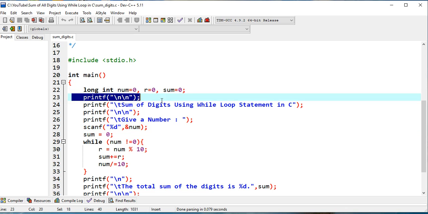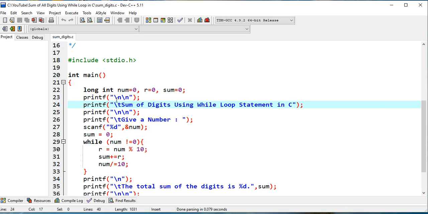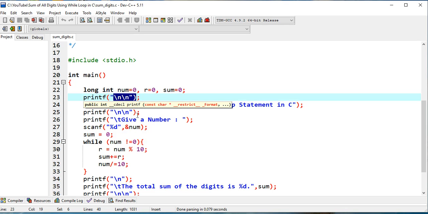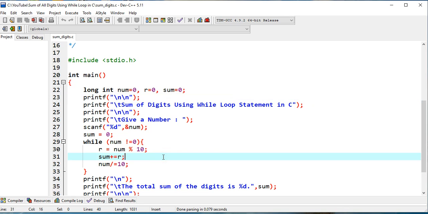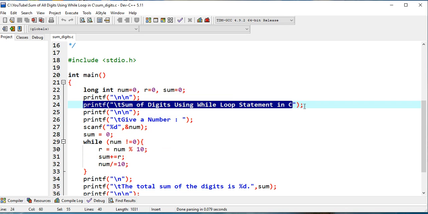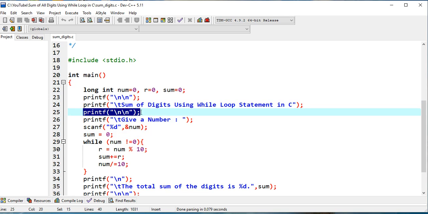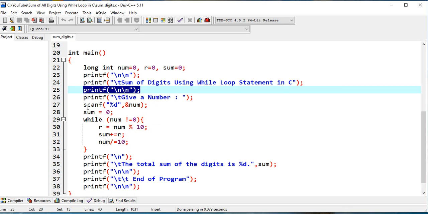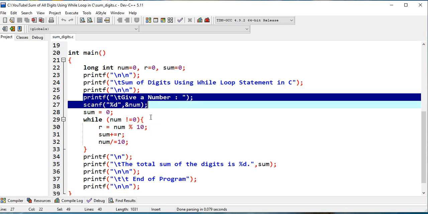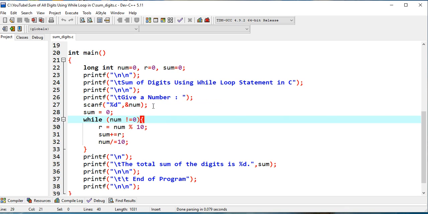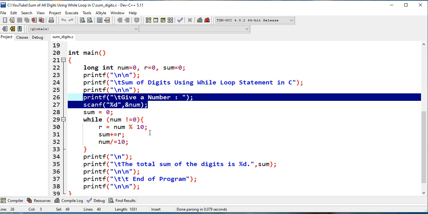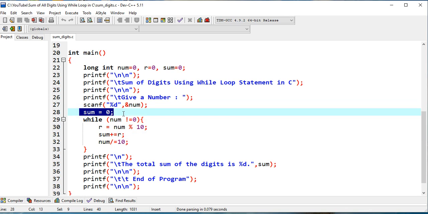Line 23, two new lines, and then printf. Backslash n is a new line, an escape sequence character in C language. Line number 24, we have here the title, sum of digits using while loop statement in C. Backslash t is horizontal tab. We have also two new lines here. Line number 26, give a number, scanf, percent ld, and num. So in this portion of our program, we are asking the user to give a number. Sum equals 0,